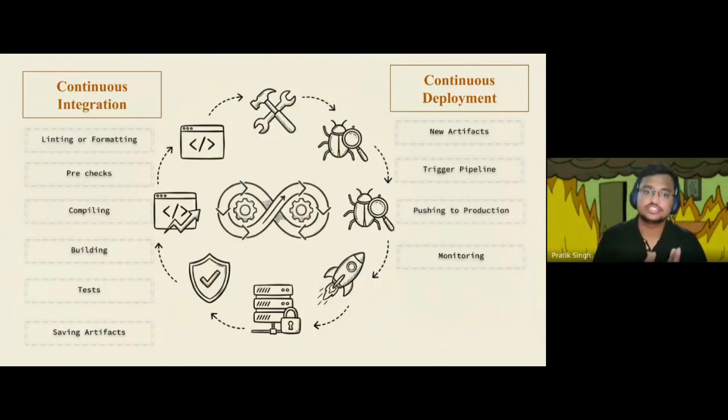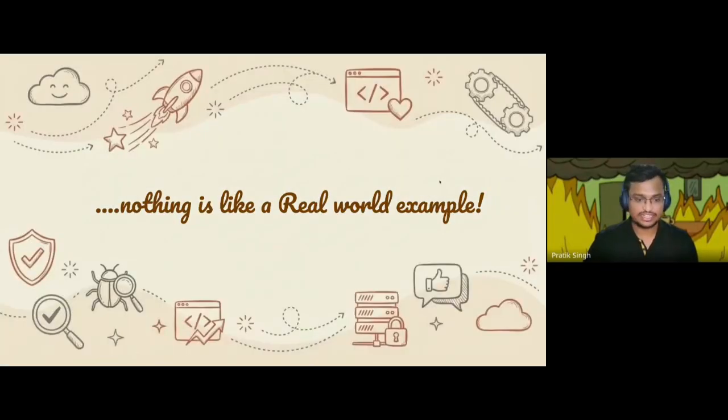And then once it is deployed, once it is out in the public, continuous deployment is not exactly a part of it. Monitoring is a part of it, but I'm just writing it because it's the end step of CI/CD. Once it is deployed, DevOps engineers monitor it, to see whether it is working correctly or not. So continuous deployment is very simple. I don't think there is much to tell about it. And thus, I'll be moving to the next slide.